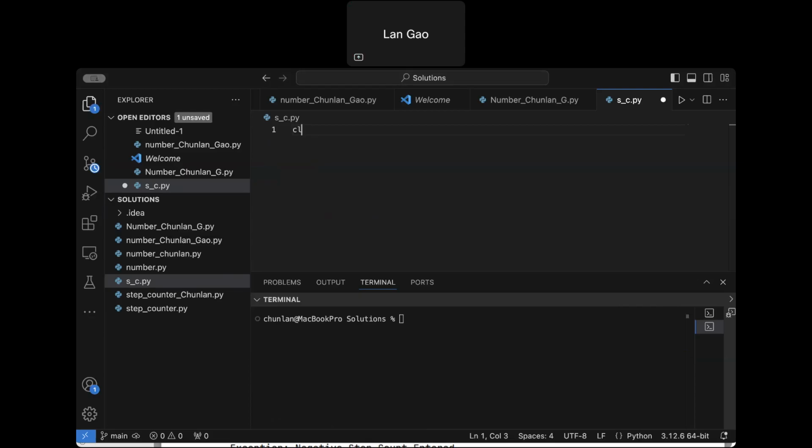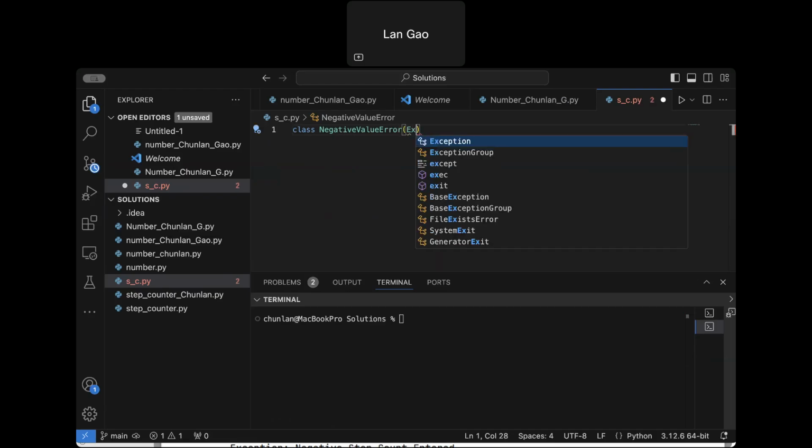So how to define it? We define a class with NegativeValueError,